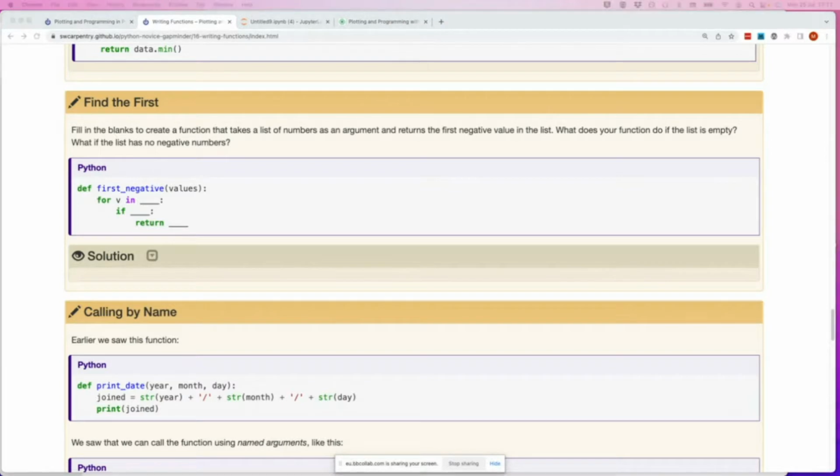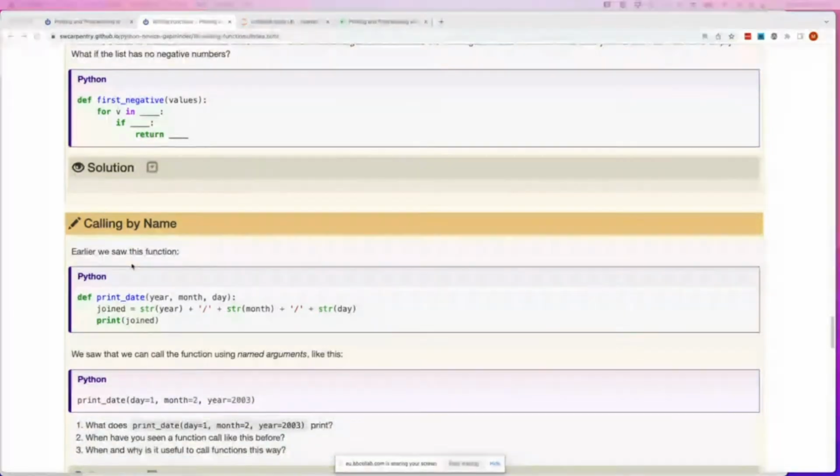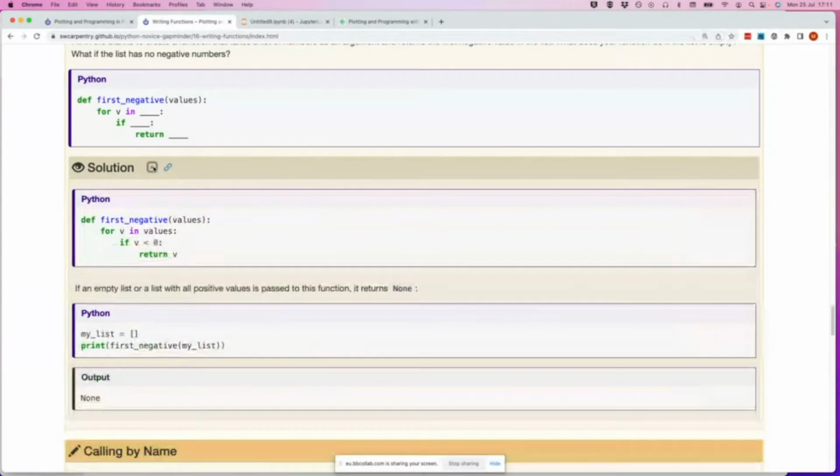So can someone just type in the chat what happens if the list is empty? No one knows. So what this means, if the list is empty, you're not going to go into that loop because there are no values. So it will be, not quite, it returns a None,